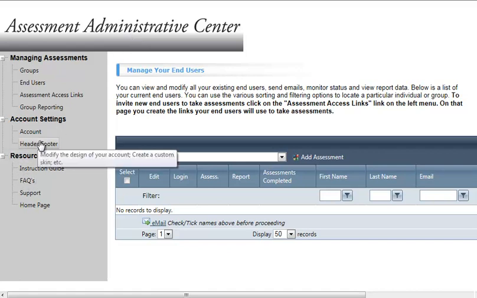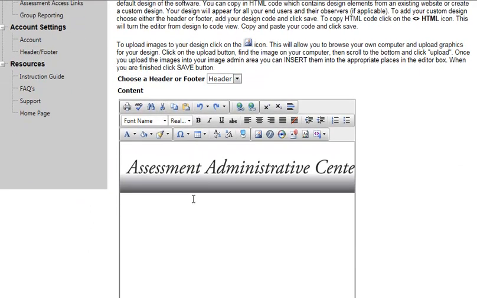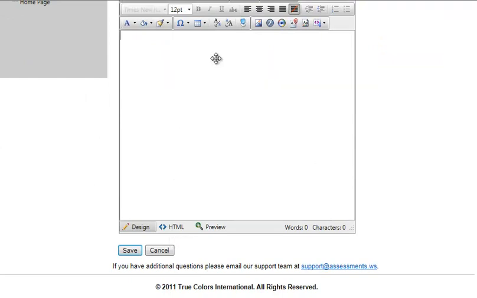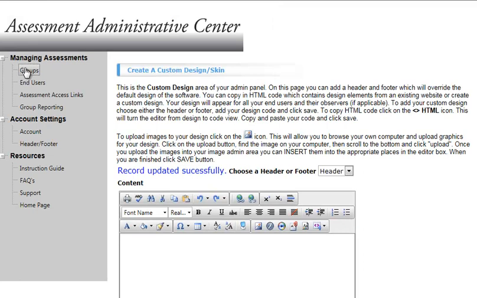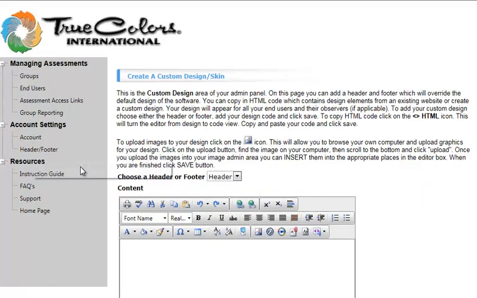If you want to revert back to the default design of the system, you would click on Header Footer, go in here and delete the file that you uploaded, click Save, and your account will then go back to the default logo of the system, which is the True Colors International logo. So you do have options to modify the design of your site in order to match branding of your own